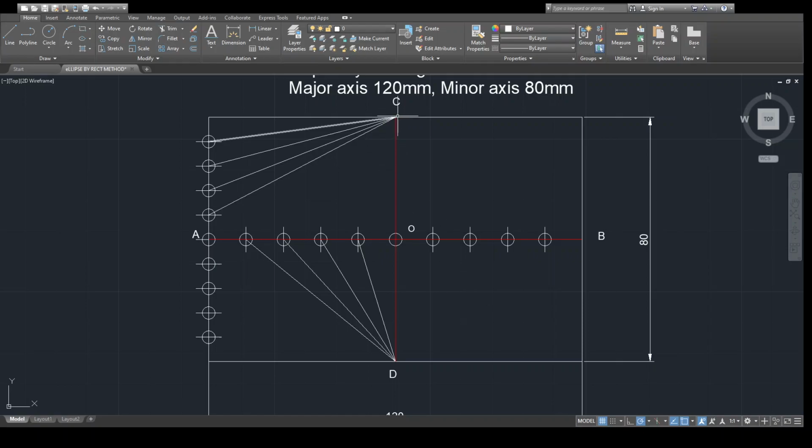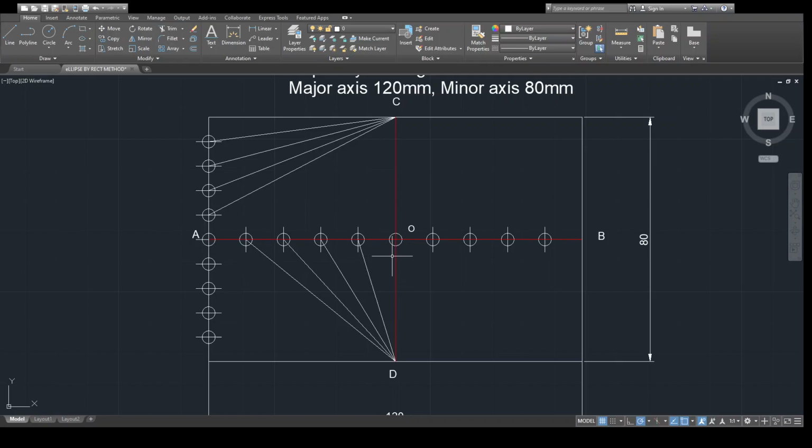So what we have done is drawn lines from point C to the vertical points, and from point D to the horizontal points. Very simple. From minor axis point C we have drawn lines to the vertical points, then from point D to the points which are already equidistant over this AO.